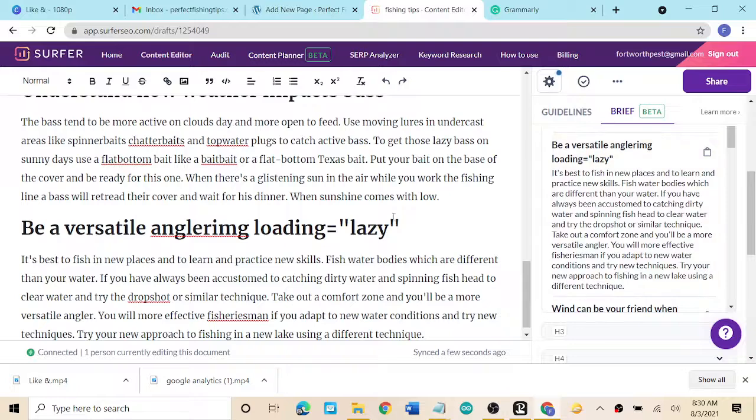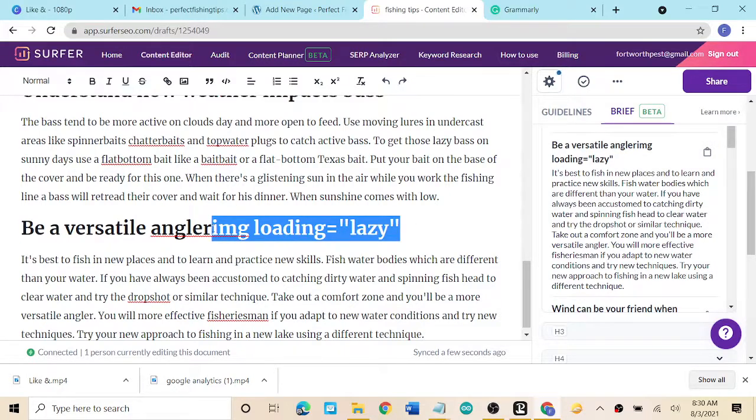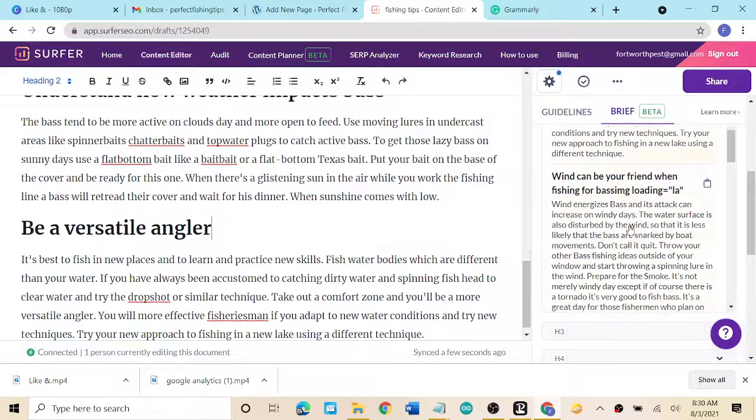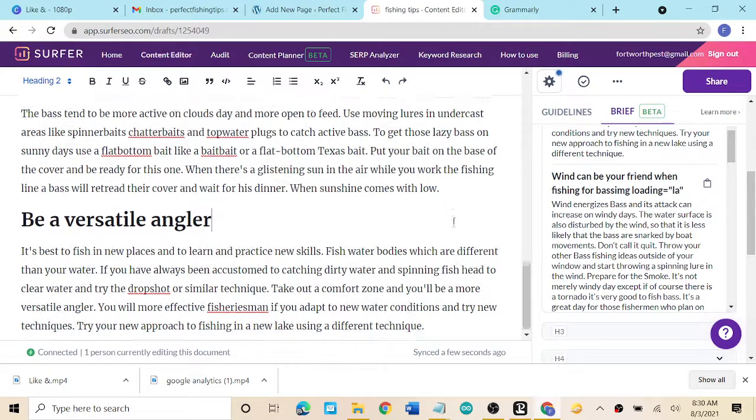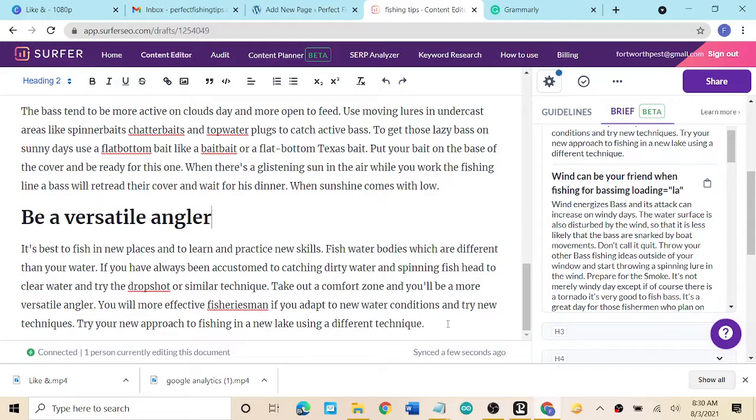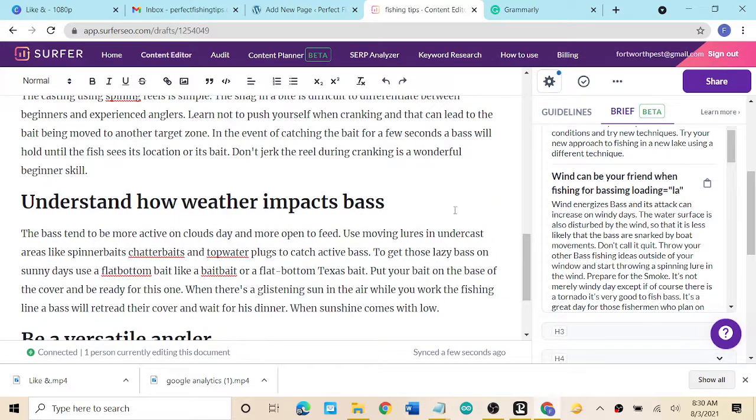Yeah, be versatile. And I don't need to know about the image loading lazy. When it can be your friend when fishing for bass. That seems like some bass fishing stuff. Like I think I should. But you know what? If I put that on here,